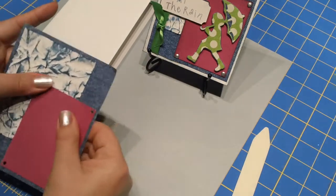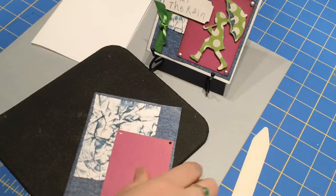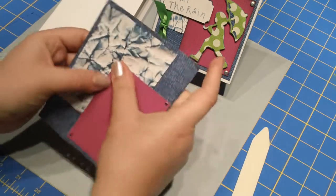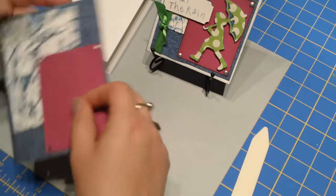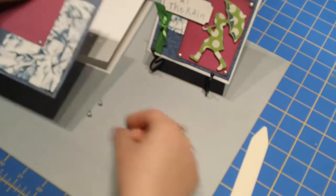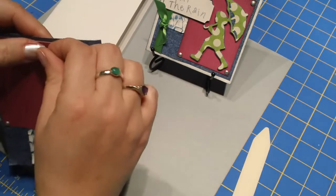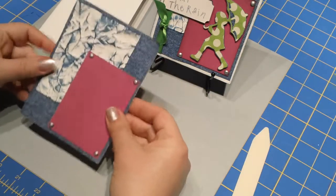And this one hole up here, I'm just going to use my paper piercer to get. And then I just chose some silver brads to go around this card. I'll go ahead and stick those in. Okay, and once you've done that,